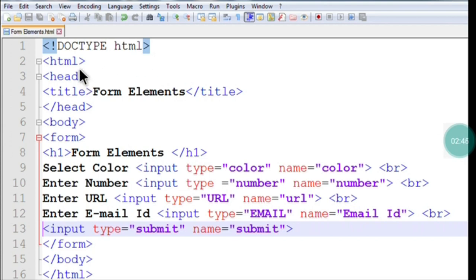Then, followed by html, there is a head tag. Head includes the title tag. The title has an opening title and a closing title. Here is a close title tag and this is a beginning title tag. In this title tag you are going to give the title. So I have given here form element as the title, and when you run the web page you will see this on the web browser. Then next you are going to complete the head tag: the open tag is head, and you have to close it below.